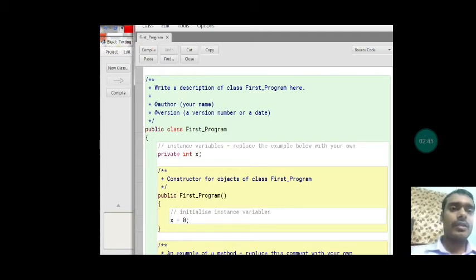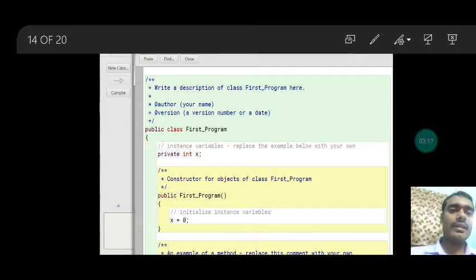You can see at the top something written after the /* mark, in blue color. You can delete these things. These are comments. The compiler does not read them; those things which have been commented are not compiled. Now you can see there is a public class FirstProgram, and your program is written inside it.